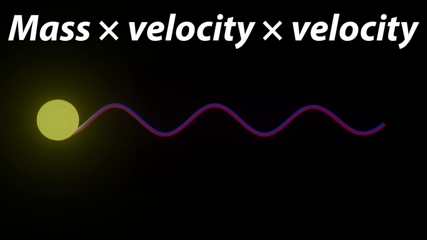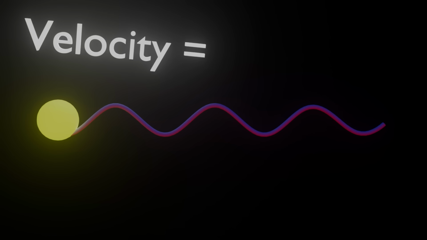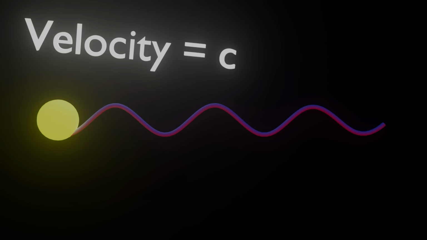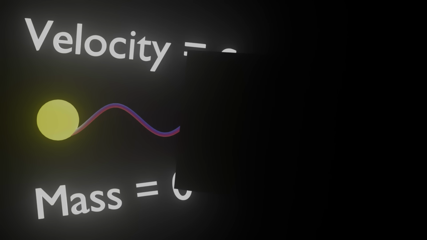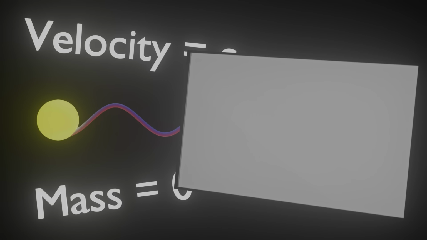But with light, it's different. Its velocity is constant, so c, and it has no mass. So what is its energy equal to? And that is a phenomenal question with actually a rather simple answer. You see,